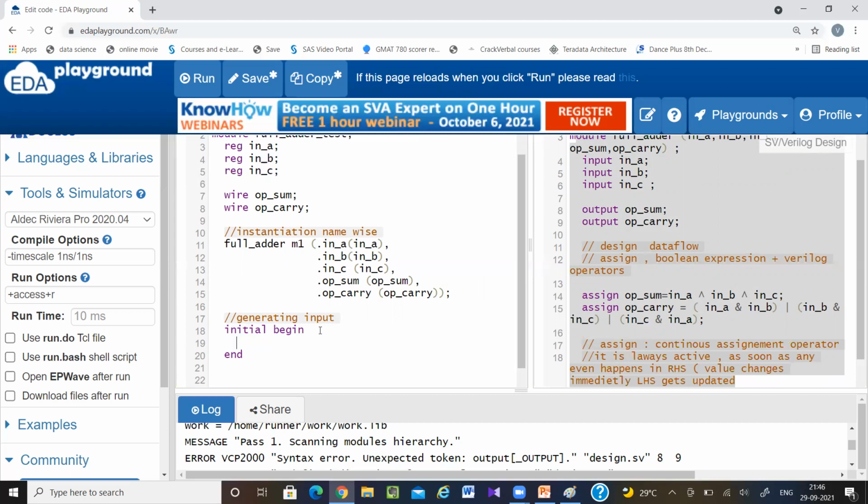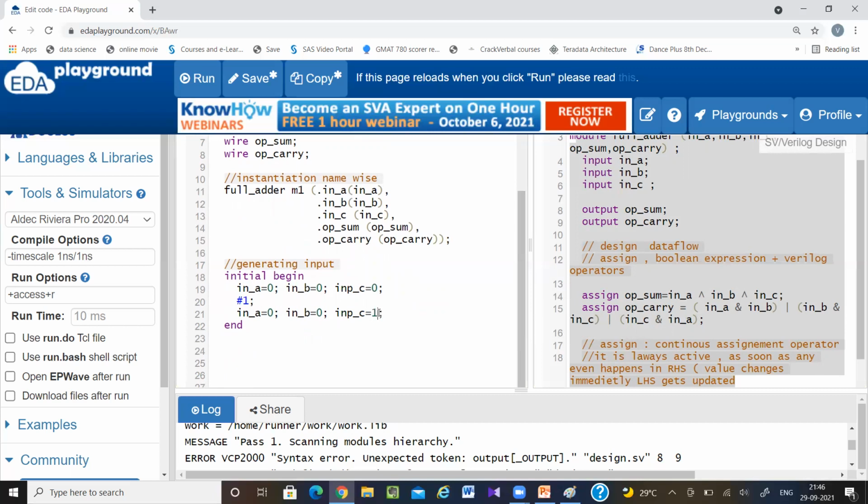So, initial begin. Now input A equal to 0. Next input B equal to 1. Let's say 0. Next input C equal to 0. Like this I can write. Here I can give some #1 delay.